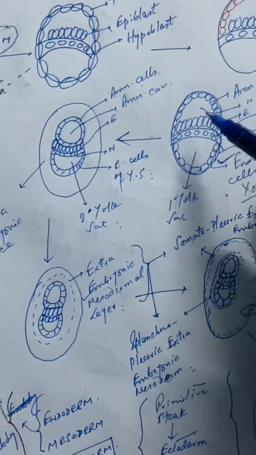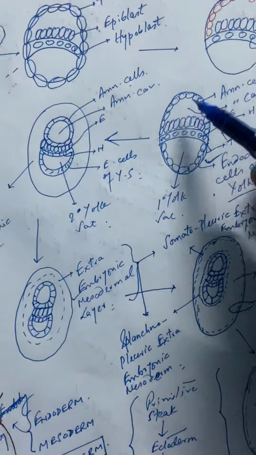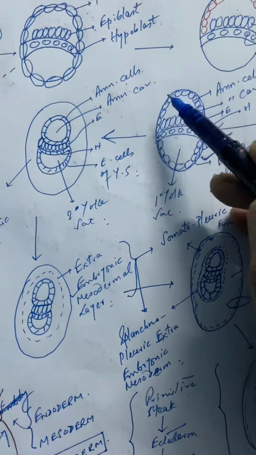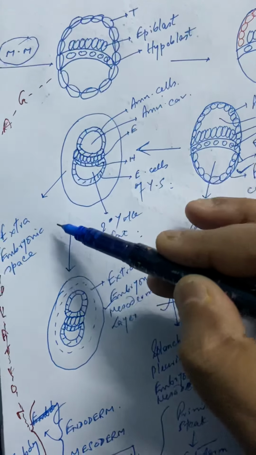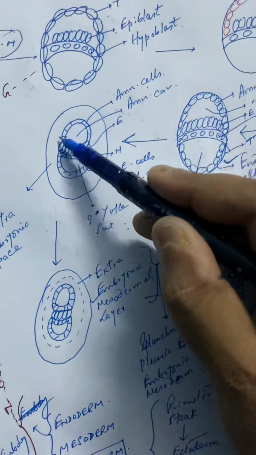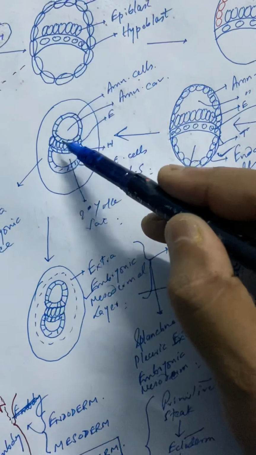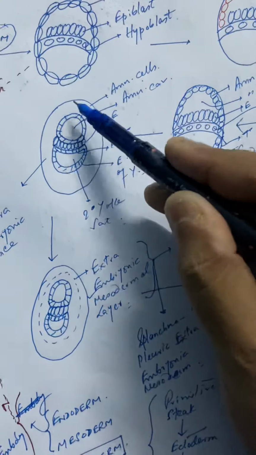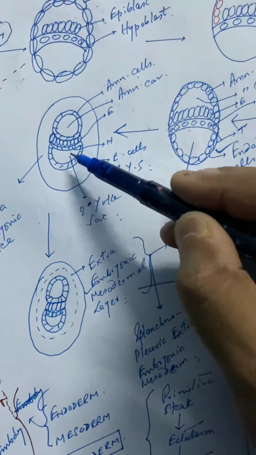Moving further, what happens, the amniotic cells and the endodermal cells of the yolk sac come closer to one another and therefore leave a gap between them and the trophoblast. And here is the gap which is actually called the extra embryonic space, because this region actually forms the embryo. So amniotic cells, amniotic cavity, epiblast, hypoblast and the endodermal cells of yolk sac, all these parts contribute to the formation of embryo. And here the primary yolk sac converts to secondary yolk sac.